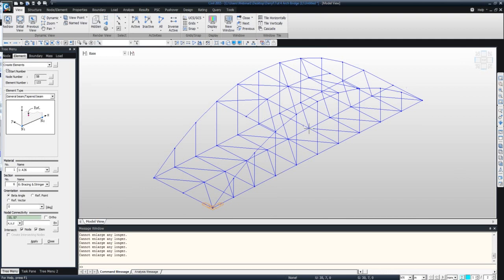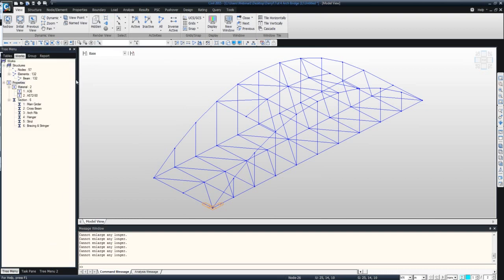That's just the basic framework of the bridge. So as you can see, just using these functions, it's very simple to create the geometry that you need. Obviously, there are many other shortcuts available in the program. I just went over the basic functions for now, but I hope up to this point you have a better understanding of how easy the program is